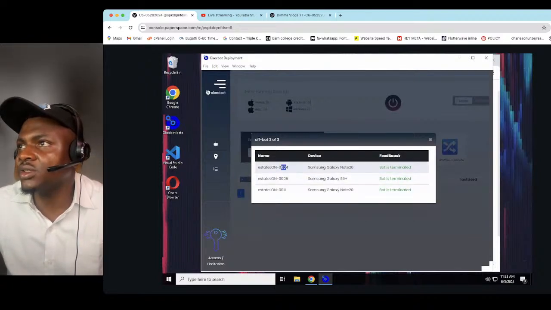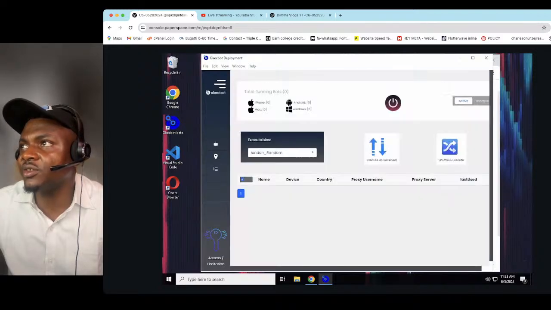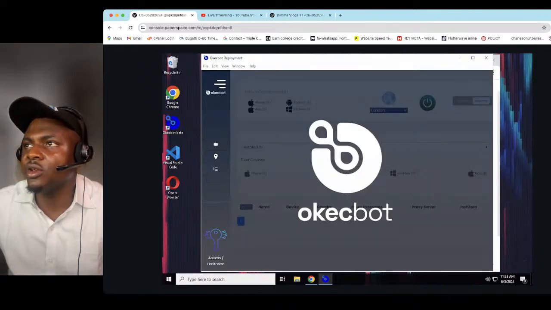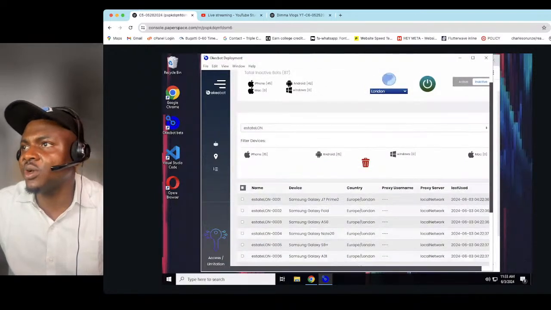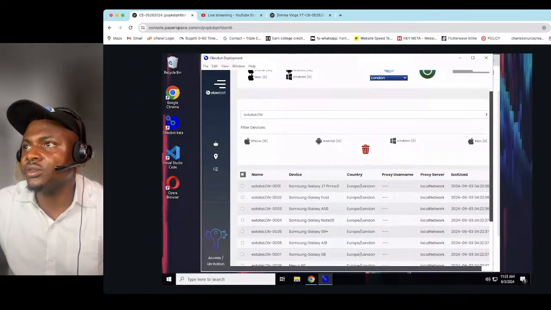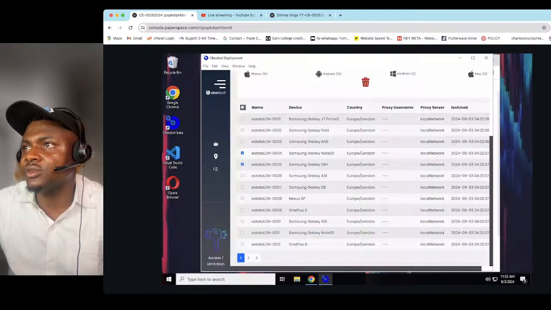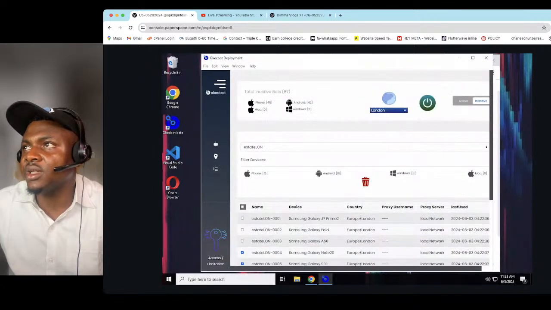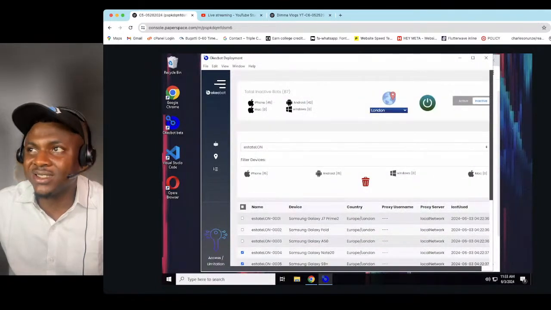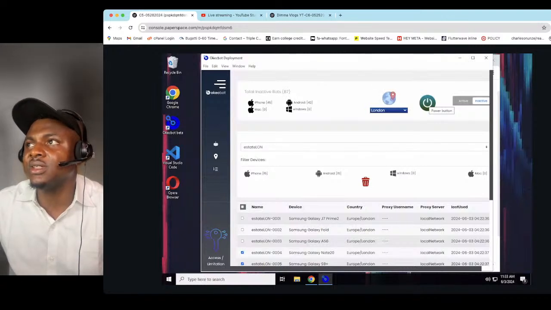So this is Estate London 0004, Estate London 0005, Estate London 0011. So 004, 005, 0011. Okay, I'm keeping track of the names, so I'll go back and check on them again. 004, 005, and 0011. Now, mind you, I'm practically just trying to test the Google search because, like I said,